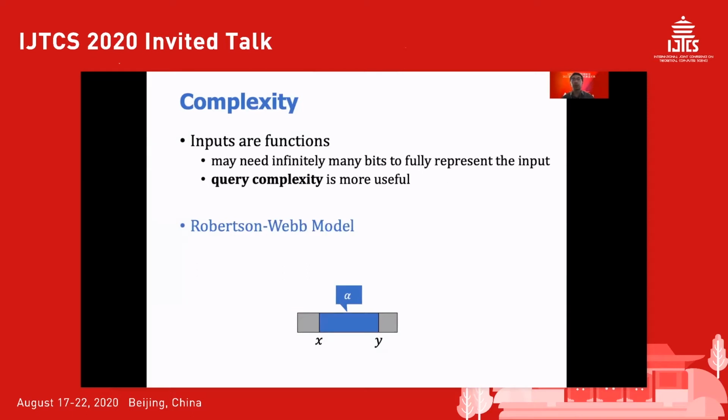In this model, we assume that we don't have full information of the valuation function. Rather, we only have two types of operations that we can query to the valuation of each agent. First is the evaluation of any agent on any interval of the cake. It returns this agent's value for this interval of the cake. And the second is a cut operation. That is, you give a starting point, you also give a value alpha, and it returns the end point such that this interval is valued exactly alpha by this agent.